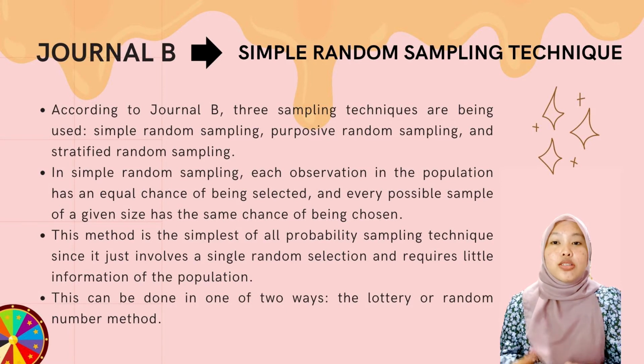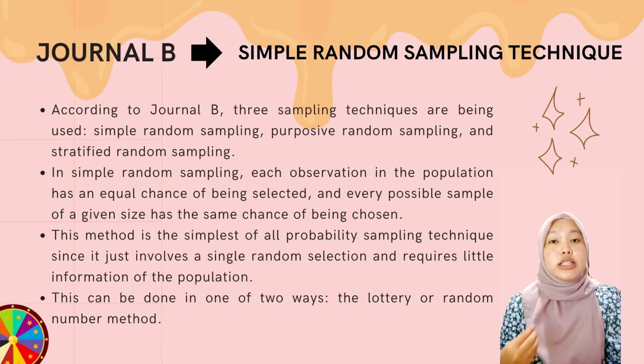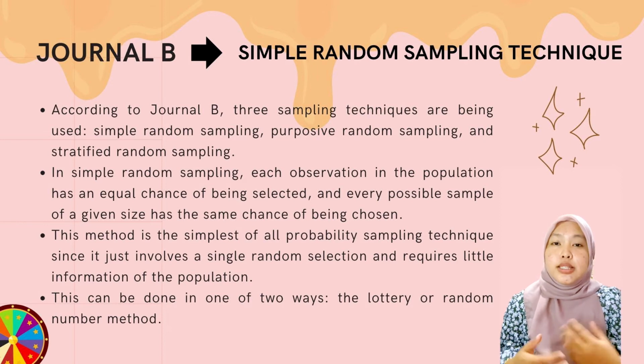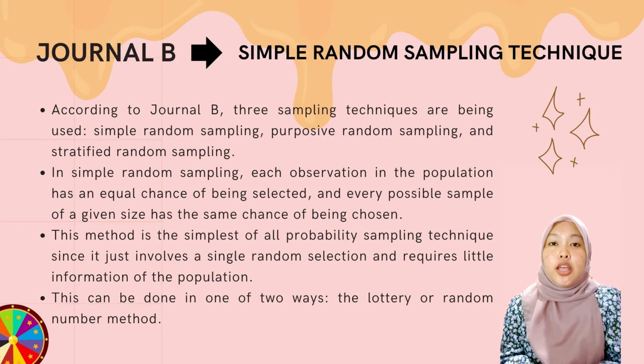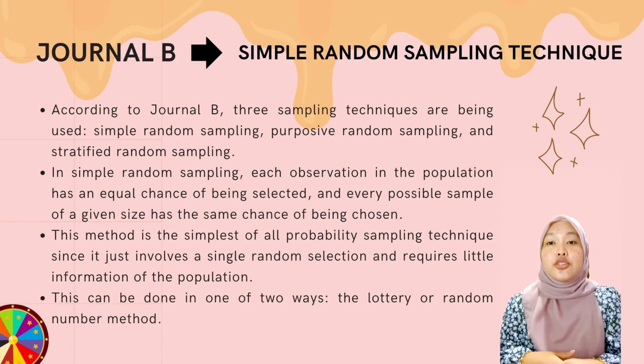Purposive sampling, also known as judgmental, selective, or subjective sampling, is where researchers choose individuals of the population to participate in their surveys based on their own opinion. Meanwhile, stratified sampling is the method to use when you want to ensure that specific traits are proportionally represented in the sample. You divide your population into strata, for example by gender or race, and then choose at random from each of these subgroups. That's all from me.